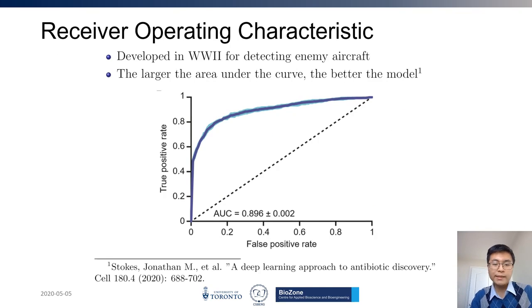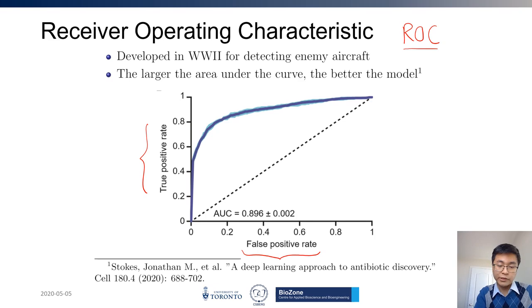So what we can look at is the receiver operating characteristic curve, otherwise known as the ROC curve. Incidentally, this was developed in World War II for detecting enemy aircraft and separating signal and noise. So the larger the area under this curve, the better the model. And what do I really mean by that? Well, let's take a look at what the curve plots. It's plotting the true positive rate versus the false positive rate. And just as a side note, this is a real curve that I obtained from a recent paper where they're classifying molecules as